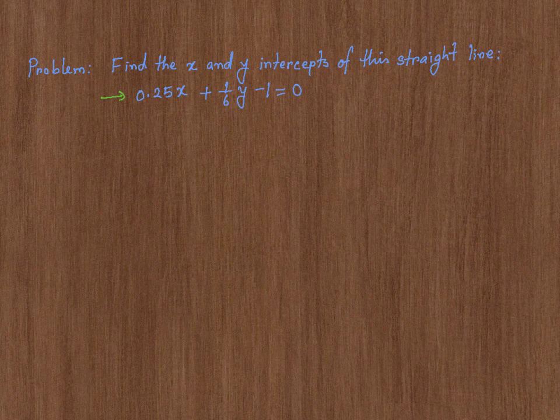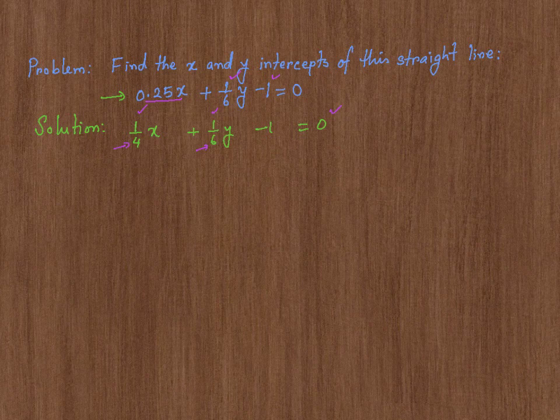The easy way to simplify this equation before we solve it is to get all the coefficients in terms of integers, and that's what we are going to do first. Please note that we can rewrite the given equation in this form. 0.25 is 1/4, 1/6 y is 1/6 y, and -1 is -1. Now we are going to look at the